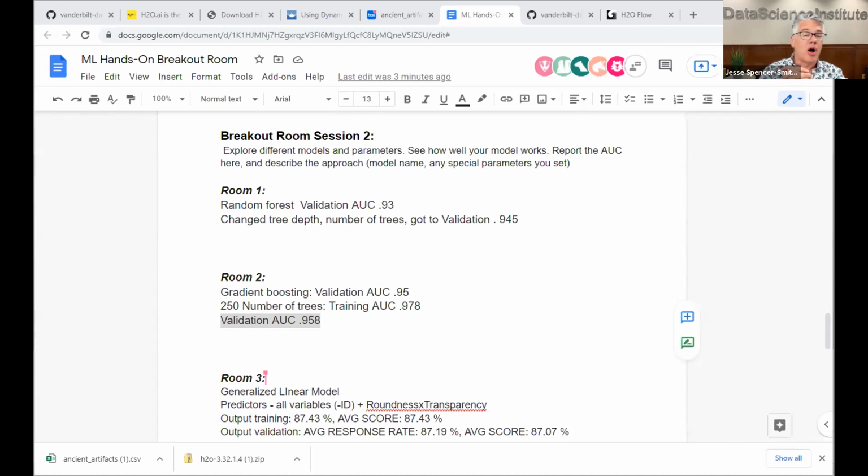Matter of fact, there's something called AutoML that H2O offers that people love, that will actually go through and search that parameter space for you to find things that maximize that validation performance. But remember, all of this is just a small part of what is a larger data science project.